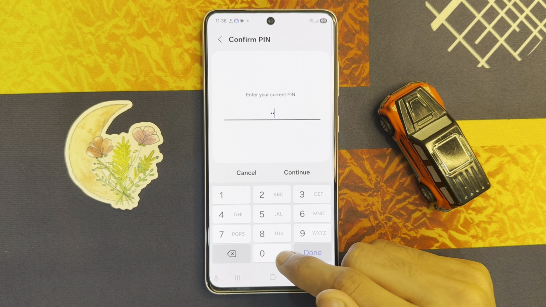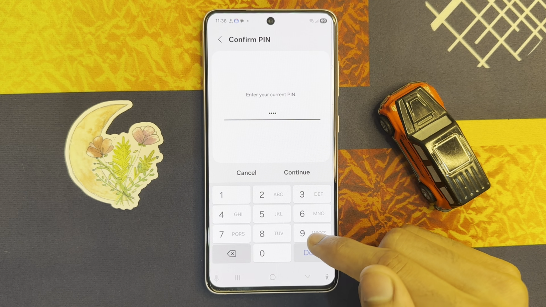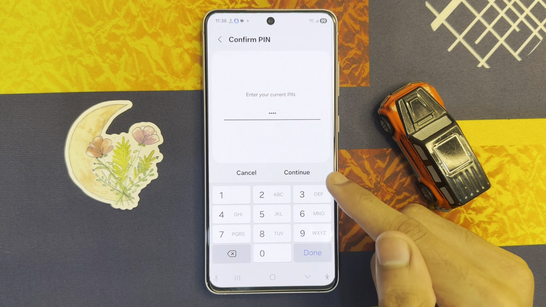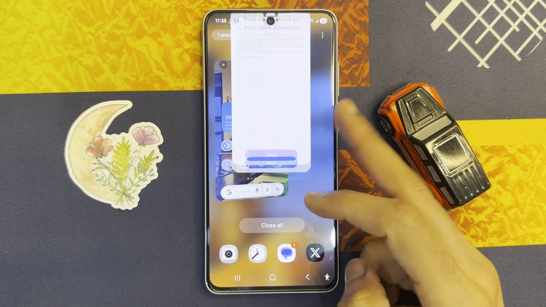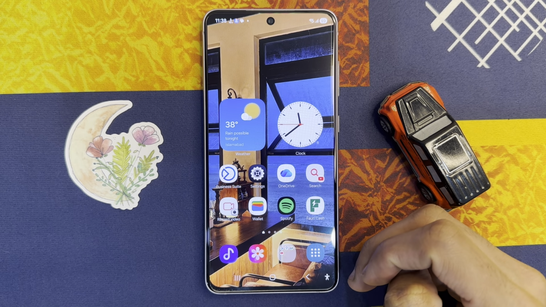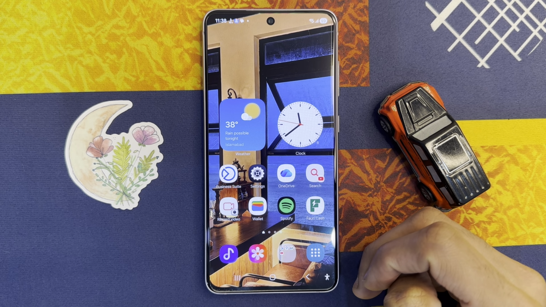Reset settings, enter phone pin. After entering phone pin, click on continue and again click on reset. You will see your problem is solved. But if it is not solved, if you want to fix this problem,